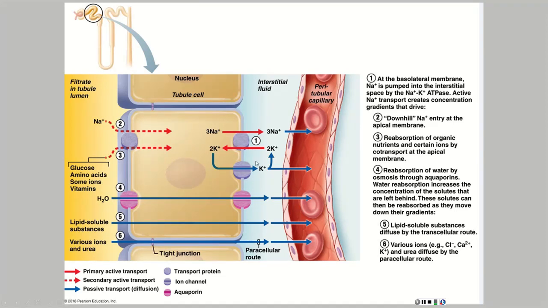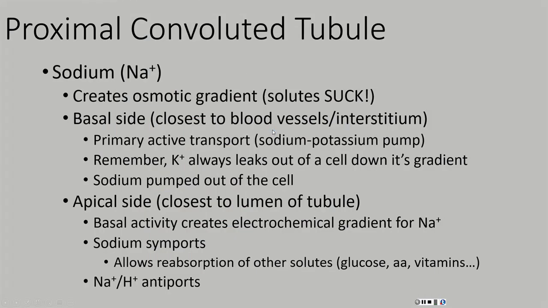Well, we're not doing it because of potassium. We're doing it so that we can be moving sodium out of this cell constantly. The potassium just kind of gets recycled. Some of it does move into the bloodstream to get carried away, but more importantly, it's the sodium constantly getting moved out of the cell. Why do we want to move the sodium out of the cell? To create an osmotic gradient. All right, so we'll come back to that.